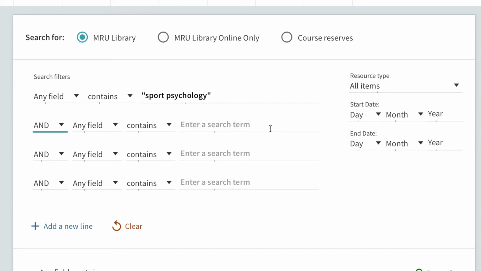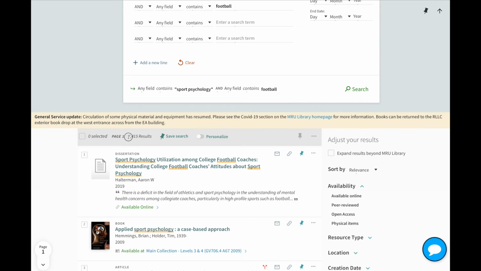I also want to include a specific type of sport. Let's assume that I'm looking for resources on sports psychology as well as football. In the row below, this is a good place to put football. You'll notice below that I have just over 7,400 results, which is much better than the 10 million I got